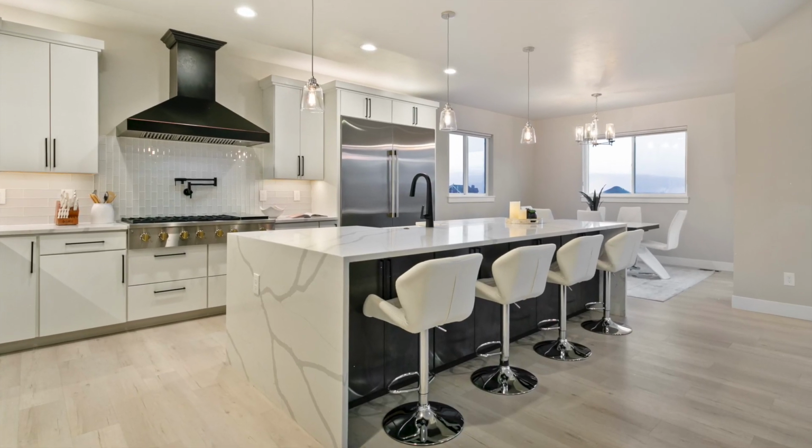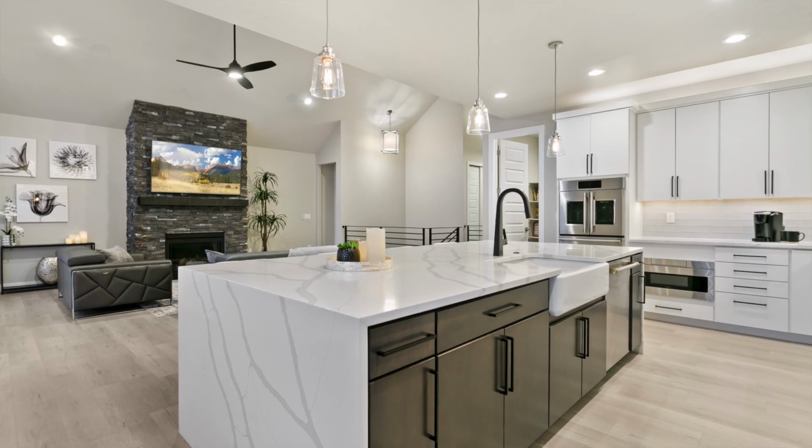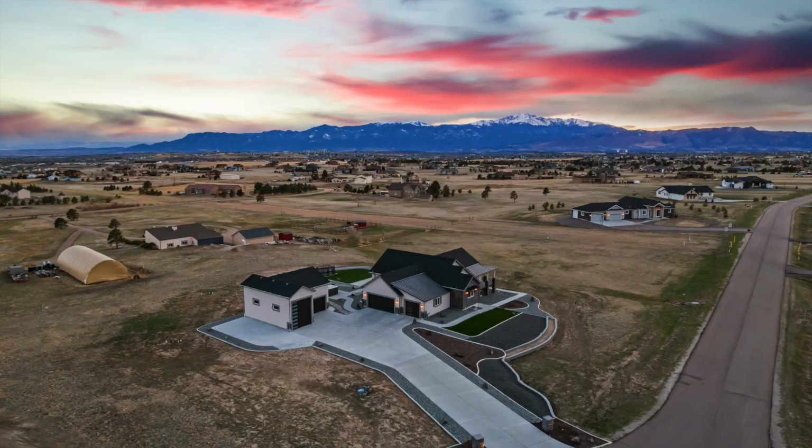Obviously, the kitchen stands apart from any other kitchen I've ever seen. It really is fantastic, and if you're a chef, it will make you appreciate that. If you're not a chef, it might even turn you into one. But the things that really stand out to me most about this home aren't just the incredible interior, it's the